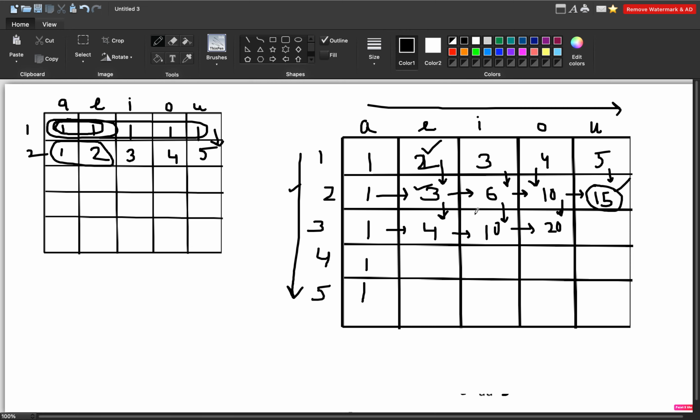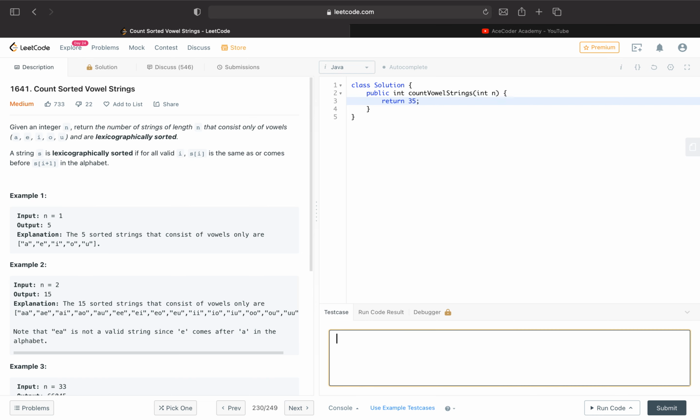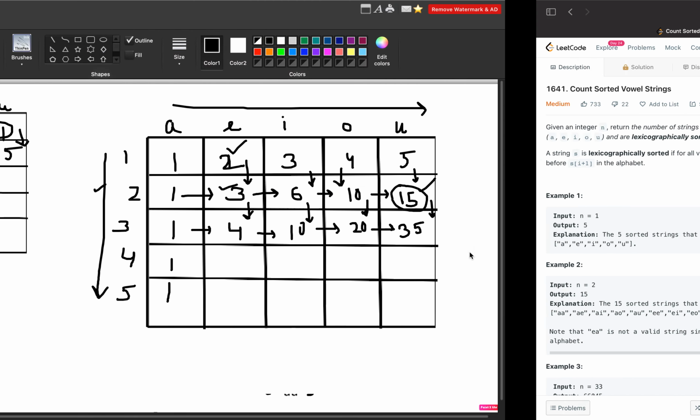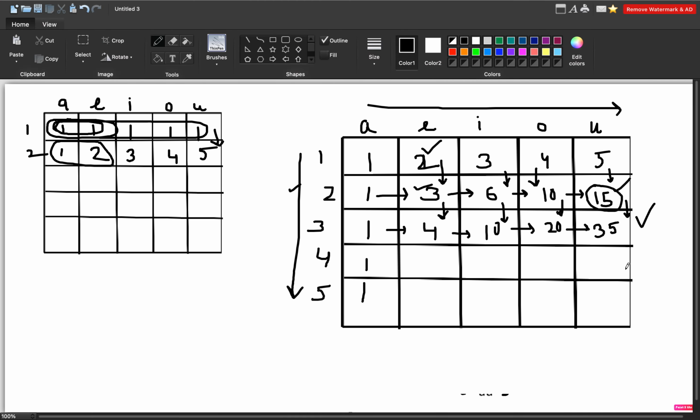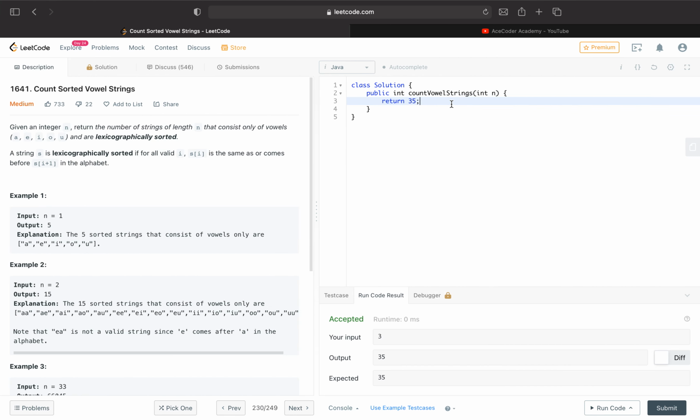So let's code this up and we can complete this test case also. Like 20 plus 15 is equal to 35, and we will be rechecking it. So let's recheck this. Return 35, and that too for when the length is basically 3. So yes, the answer is 35. So hence we did the right thing here. We can go up till 5 also, but yes, it's time consuming, so we will be discussing the answer.